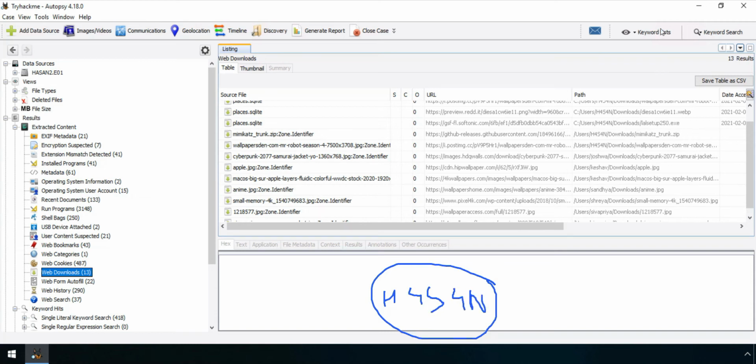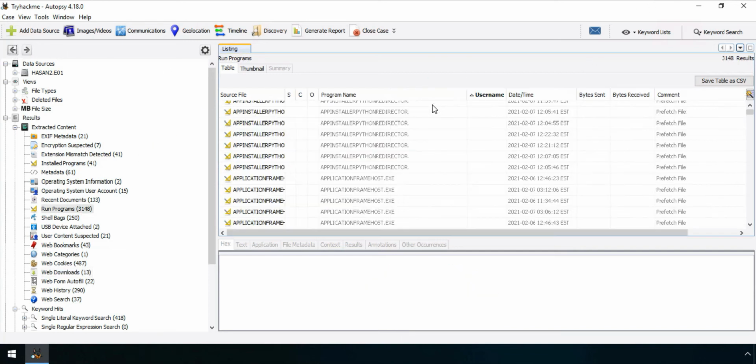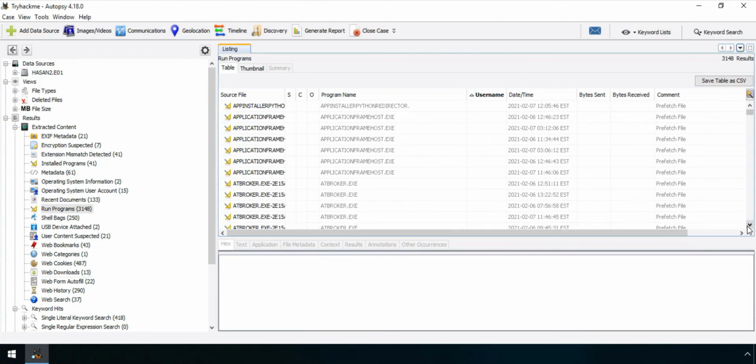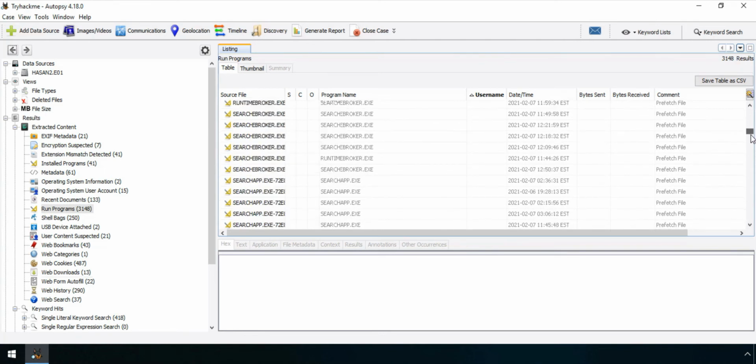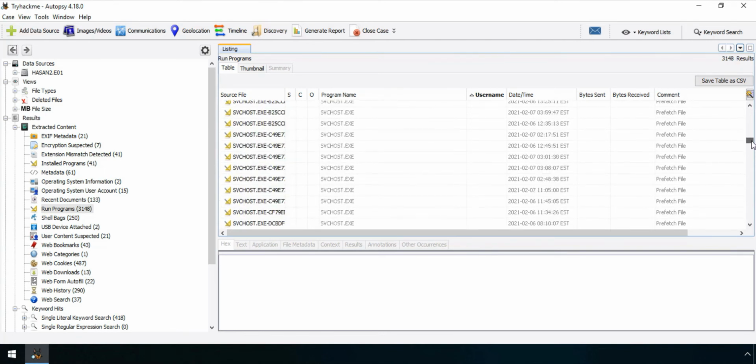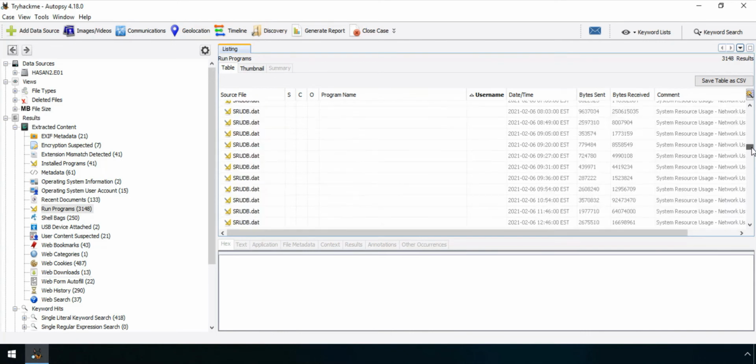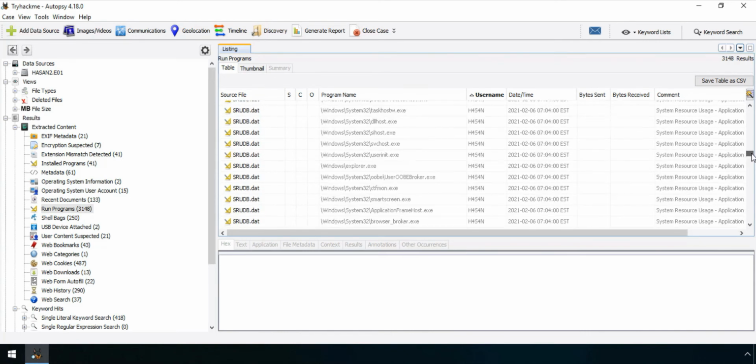H4S4N. So in the interest of working smart, I will look at H4S4N's user data, or the programs which he was accessing. Let us see that.